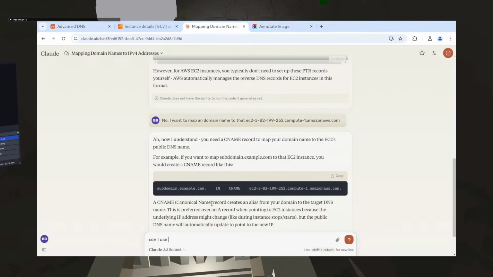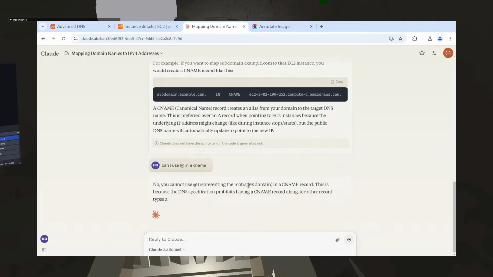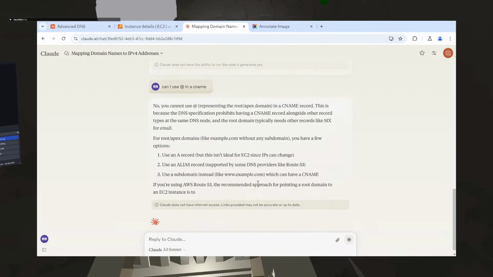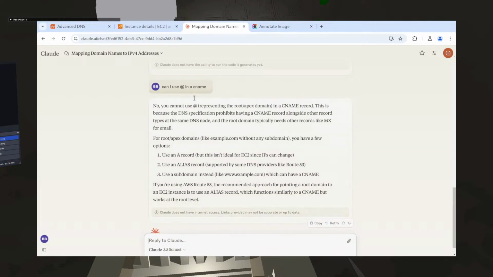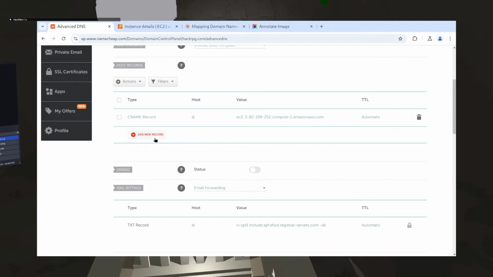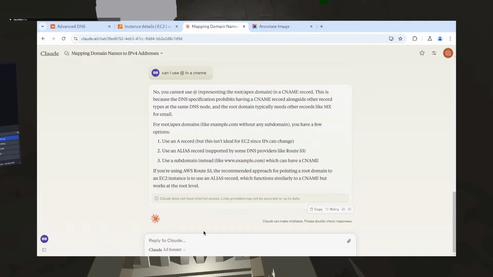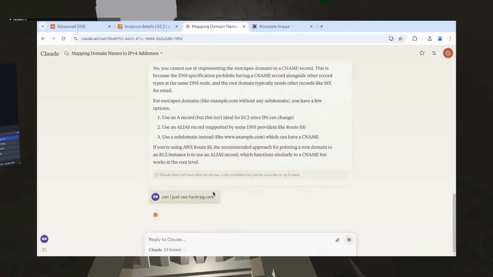Can I use in a CNAME? Okay. Can I just use HackRPG.com?